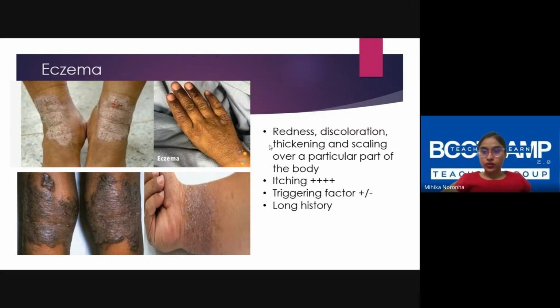Nickel is another cause. Nickel allergies are pretty common, especially in people who work in industries. So, nickel exposure: women know the artificial jewelry which they wear in their ears, especially silver jewelry. You can see in the first picture the lesions on the ankles. They might be wearing silver anklets over there. And on the feet, you need to look.